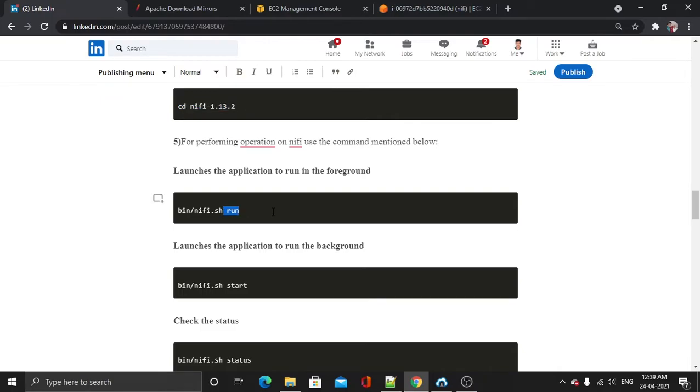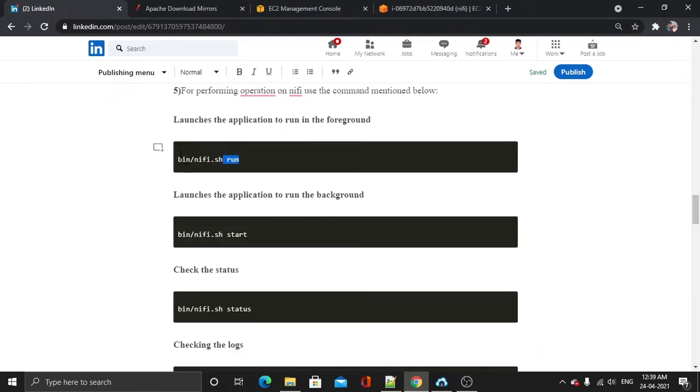What it will do is launch our application in the foreground, that is, in our console we will see it. But what I am going to use is this start command, which launches our application in the background. That is, if we want to check the logs or update the properties file of Nifi, that is nifi.properties, we can do so while our application is running. So I will copy this command